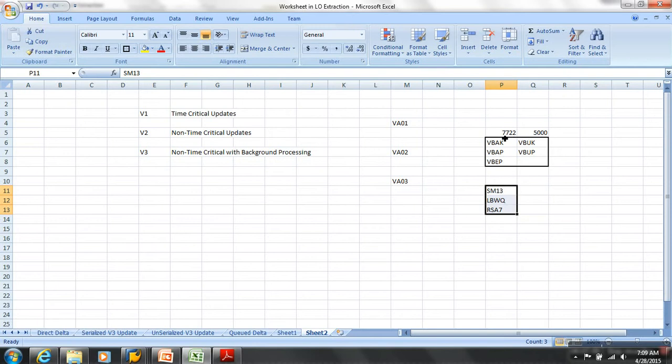Will it affect the performance of processing the transactions first? Yes or no? So see, it has to update a lot of places. When I change some transaction, it has to update a lot of places first. Then all the kinds of updating it has to do, it differentiates as V1 and what? V2. V1 are nothing but time critical updates. You have to update it because it has to reflect other changes also.